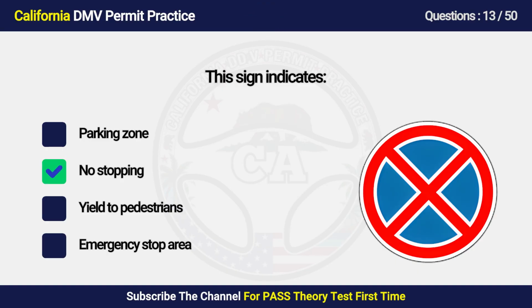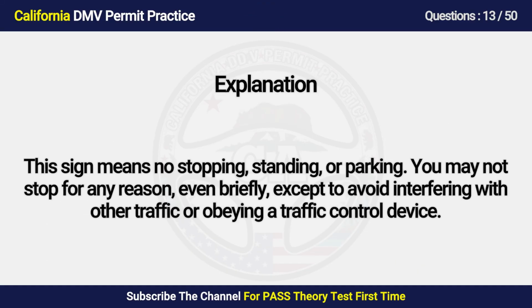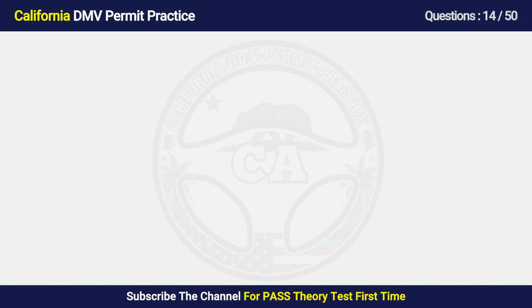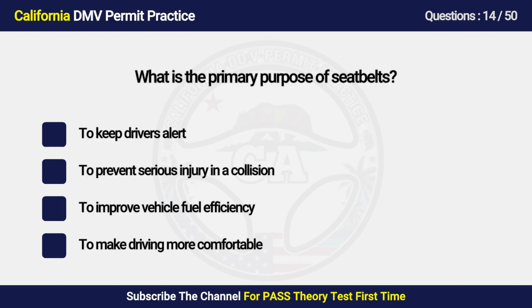Answer is B. No stopping. This sign means no stopping, standing, or parking. You may not stop for any reason, even briefly, except to avoid interfering with other traffic or obeying a traffic control device. Question 14. What is the primary purpose of